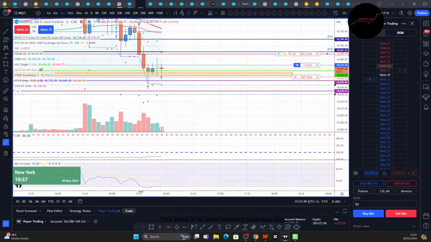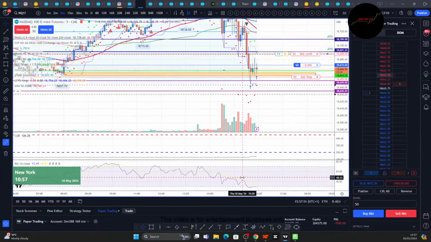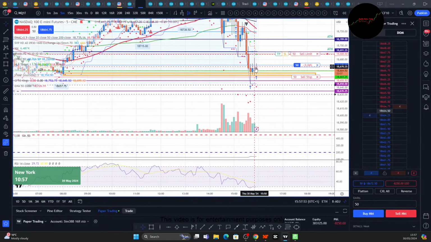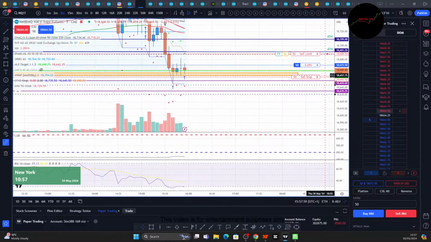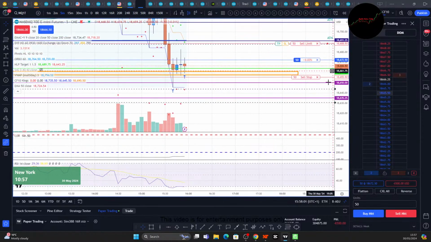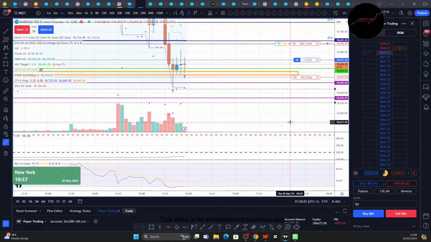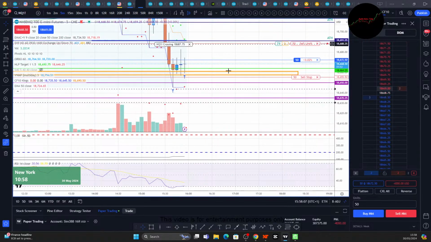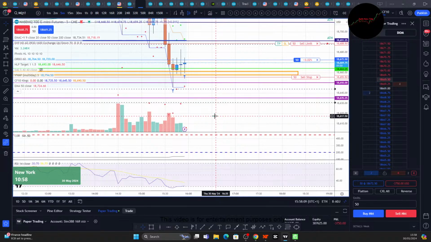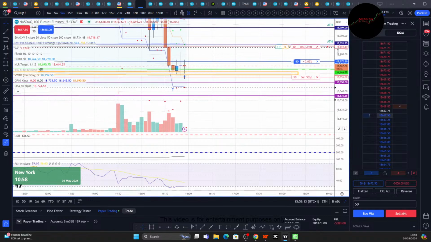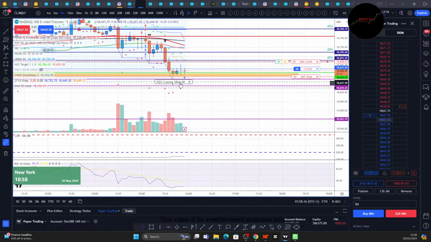Why are we looking for a reversal now? Let's be realistic. Our previous day low, couldn't close below it. Bought back up off it several times. Okay, so that's the play. So looking for a deeper retracement to the upside. It is counter trend considering the fact that I've had this move down.